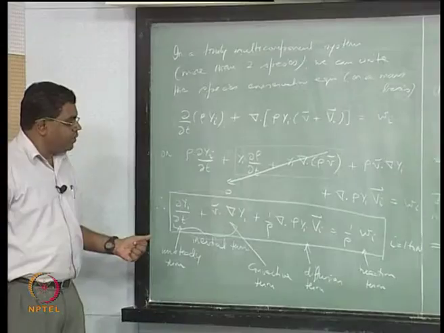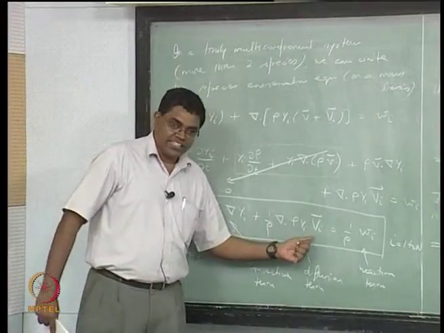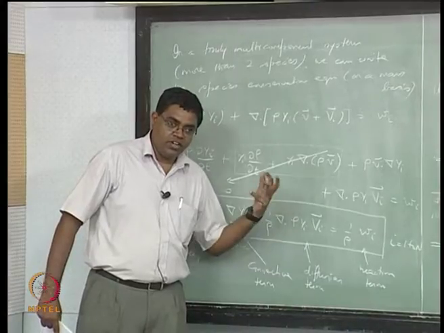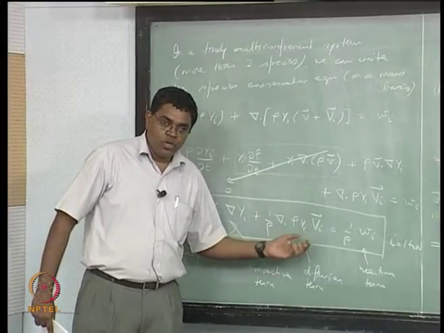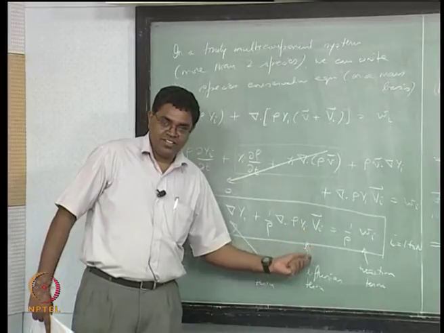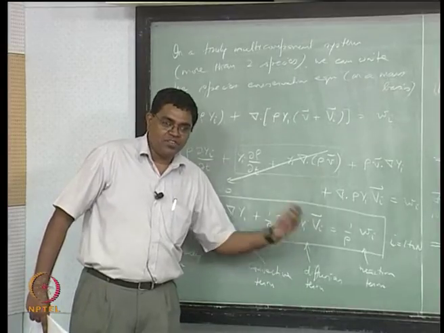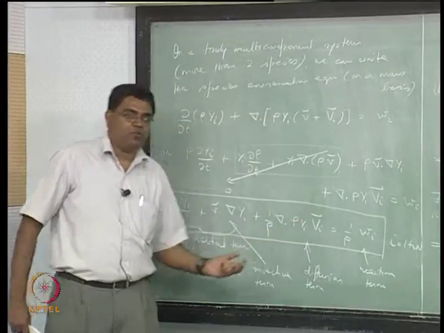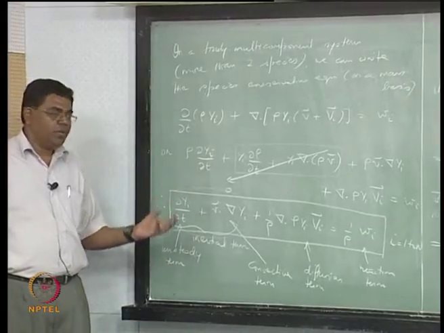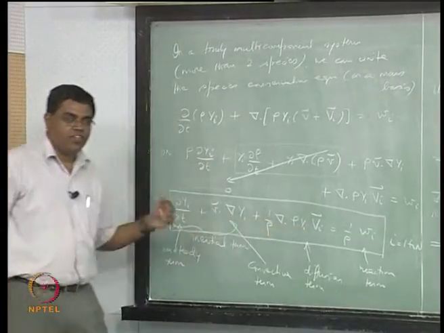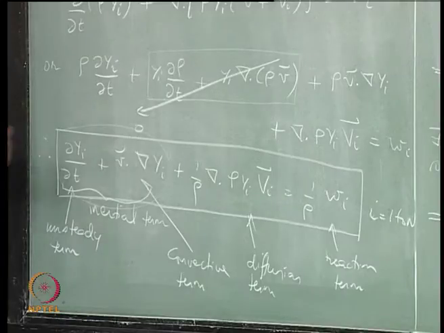And you might be worried, Vi is a vector, capital Vi is a vector, so it has 3 components, okay. So we are actually having 3n equations that we should be looking for, but fortunately if you are now going to be looking for Vi in terms of gradient Yi, all the 3 components are buried into just one unknown Yi,